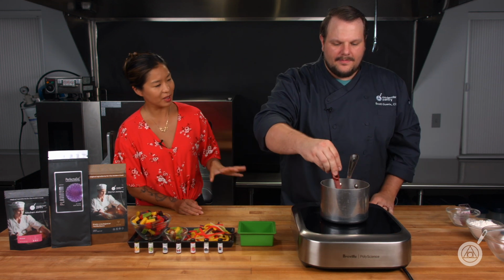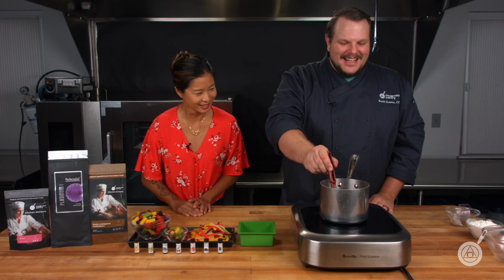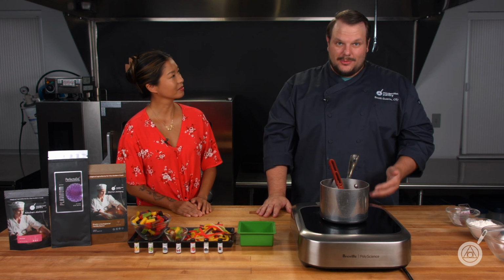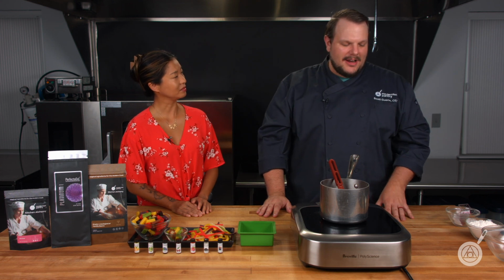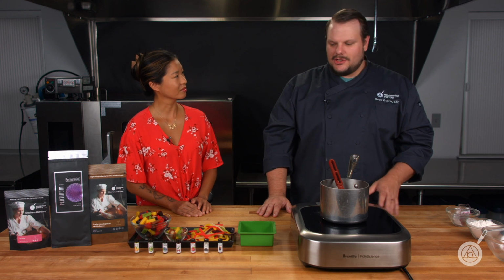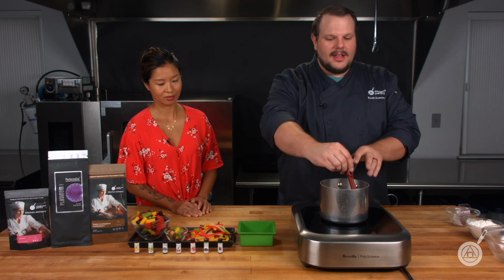Yeah, and I can't help but notice that's quite a bit of flour. How much flour is in there? So for this recipe, it's 150 grams of flour. It's almost a 1-to-1 with the water in the recipe. So it's a good amount of flour. You can lower it if you want something softer with less chew, but I find that this is the licorice texture that I like. You can go even more, but I find also the more flour you get in there,